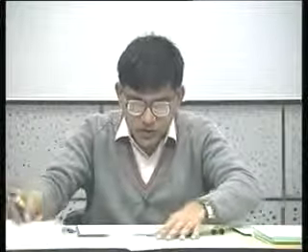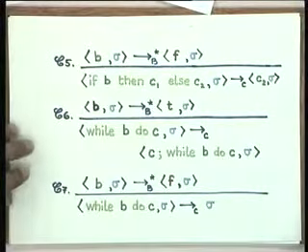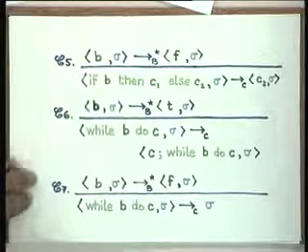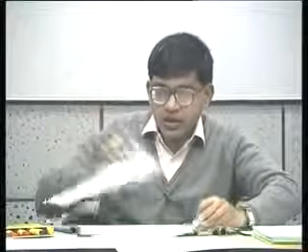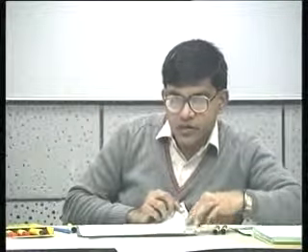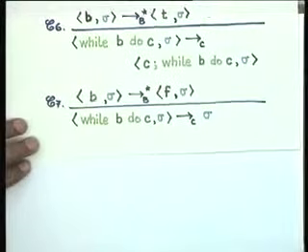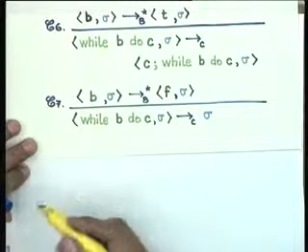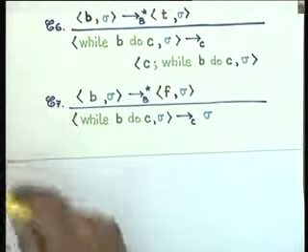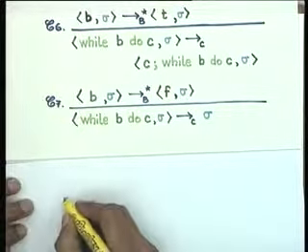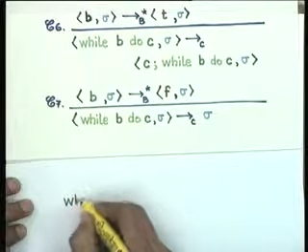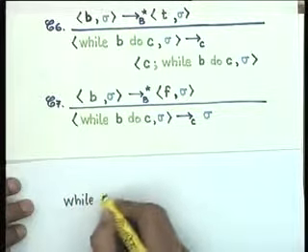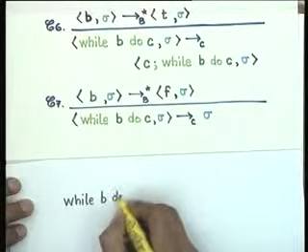The semantics of the while suffers from the same. For example, this semantics, if you take C6 and C7, then what it means is that in any state, while B do C